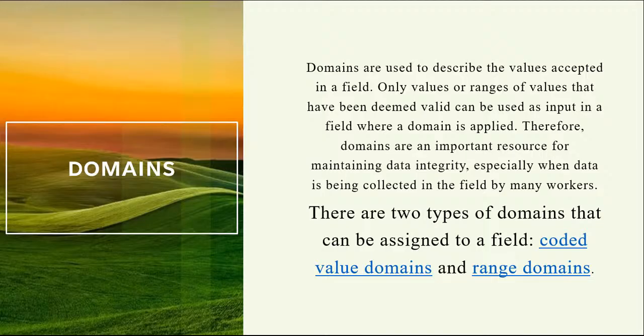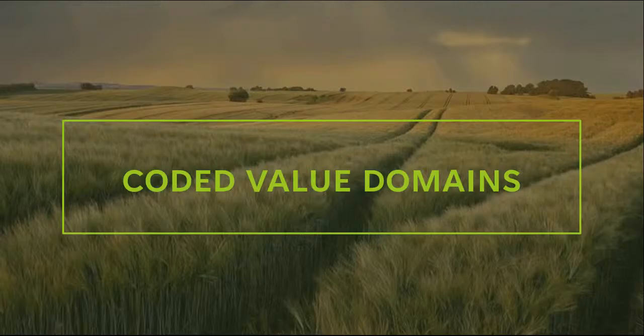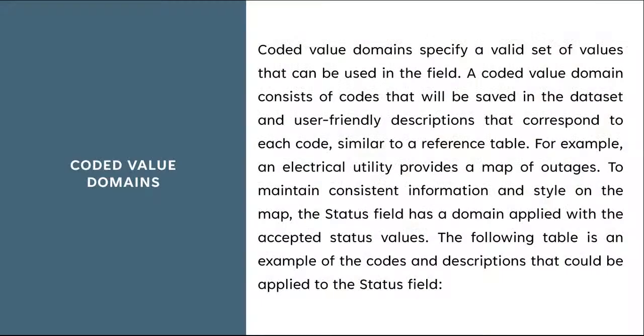Now, basically, there are two types of domain that can be assigned to a field: the coded value domain and the range domain. Coded value domains specify a valid set of values that can be used in the field. A coded value domain consists of codes that will be saved in the dataset and a user-friendly description that can correspond